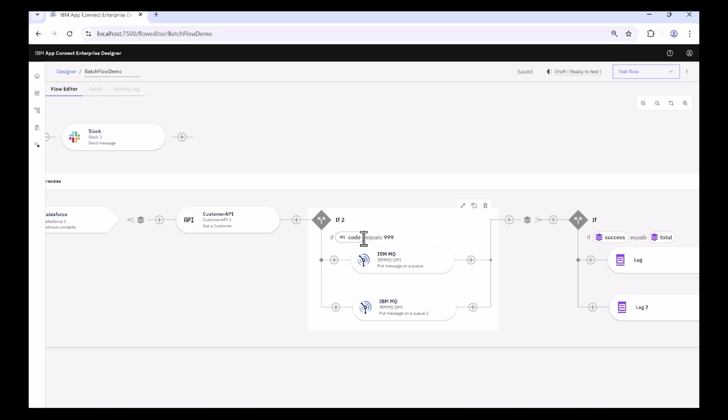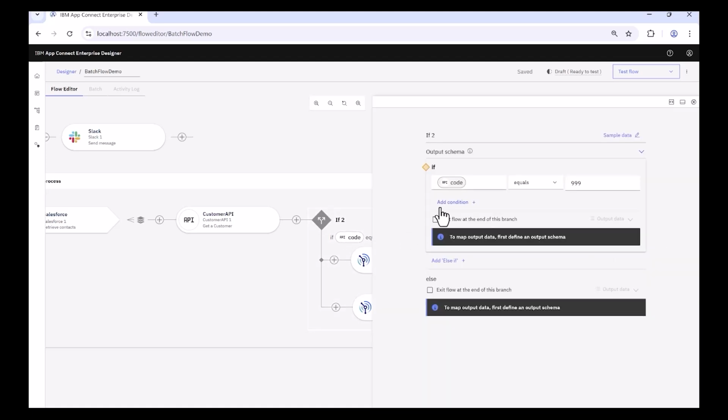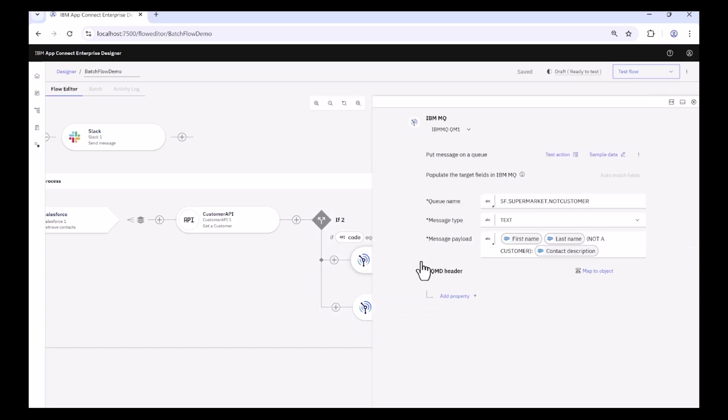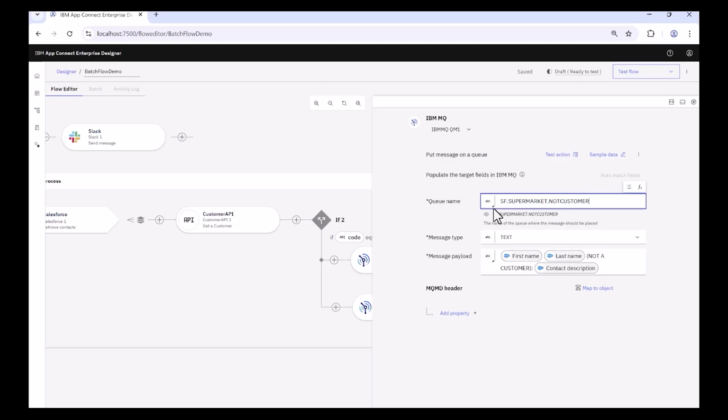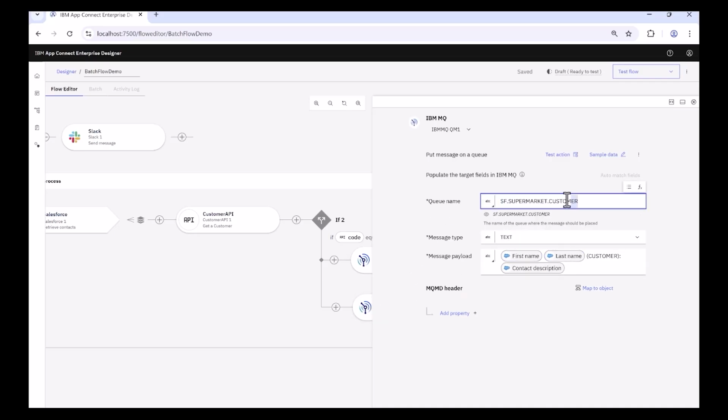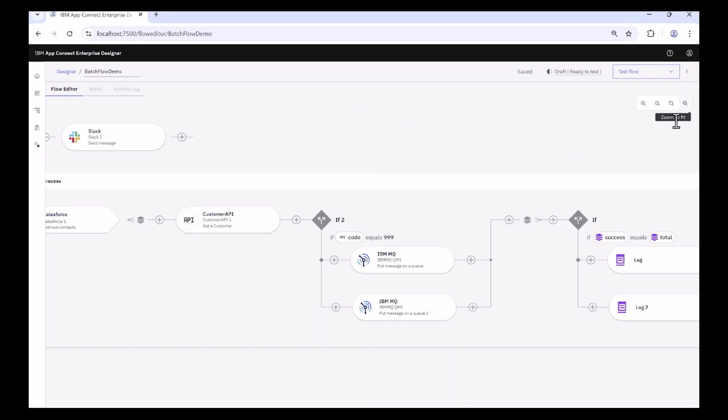The if block that comes next examines a code, which is a field in the API response data structure. If the code carries the value 999, then the MQ node that follows down the top branch will write info about the contact to a queue called sf.supermarket.notCustomer. Alternatively, if the return code from the API was not 999, then a matching supermarket customer record was found, and so the alternate branch of the if has an MQ node that writes to a different queue called sf